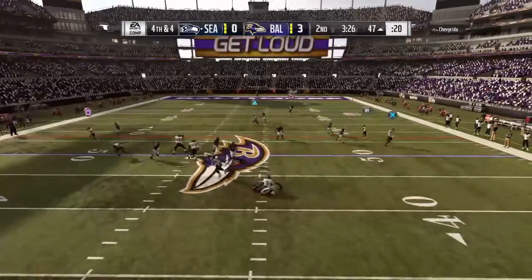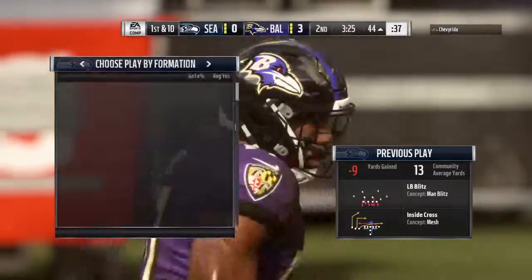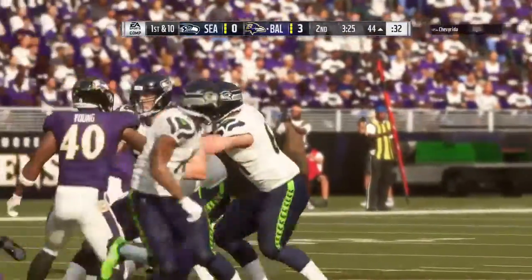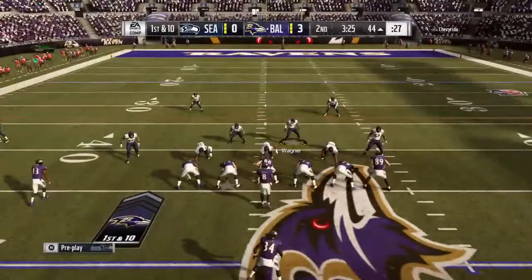It's Wilson. Escaping, and he's going to have to eat this one as down he goes. C.J. Mosley not dropping into coverage. He comes on the blitz and takes him down for a loss of 9. Just stay in the pocket. You don't necessarily have to scramble. You could do dodge in the